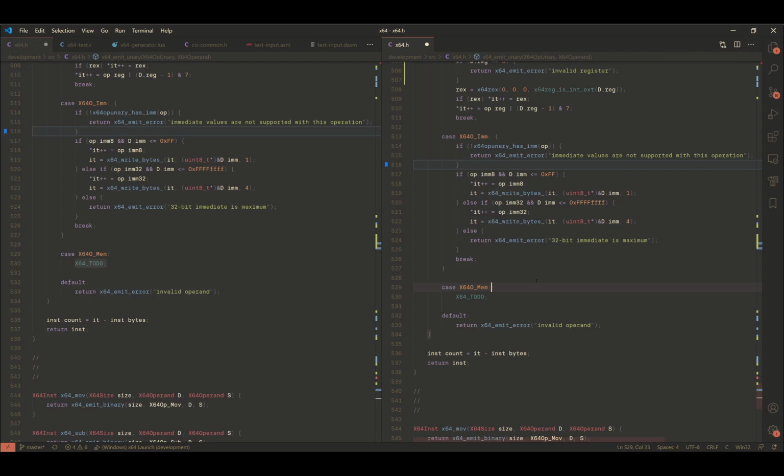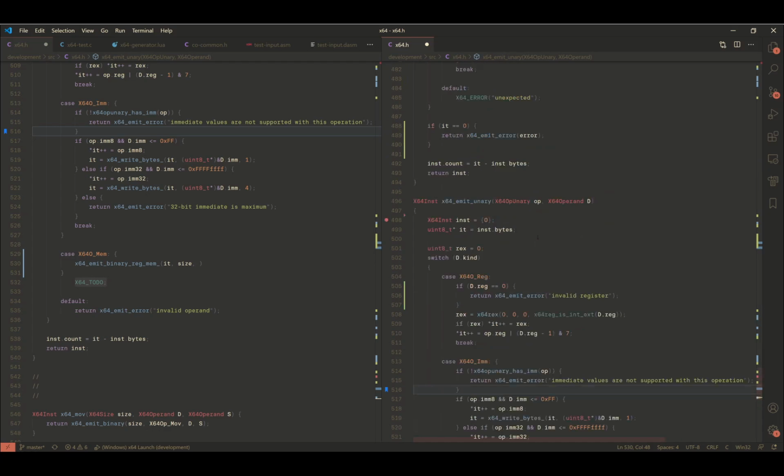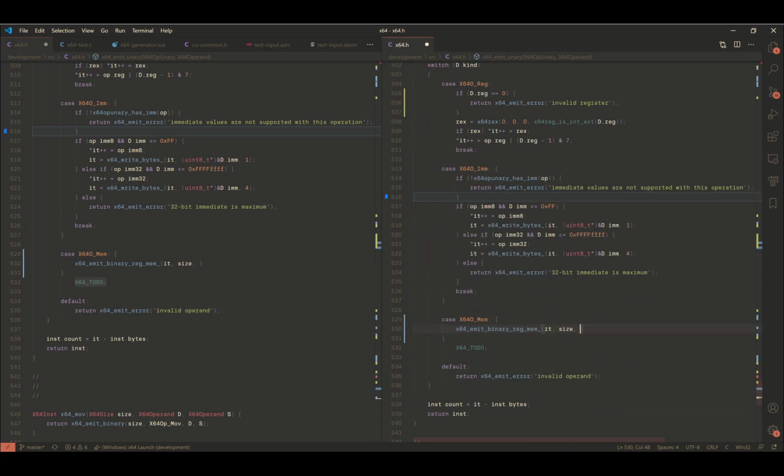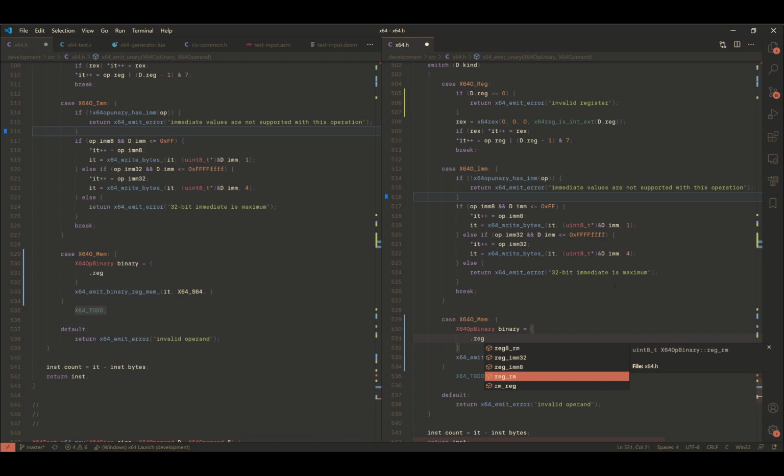Yes. So here we will doctor the thing. So we want to call this thing. We want to give it ID, that's okay. The size, we'll give it size, because I don't think we have it though. We can give it always, for now at least, x64 as 64 size. And then I need to construct this x64 up binary thing, and we'll need to encode rem, which is